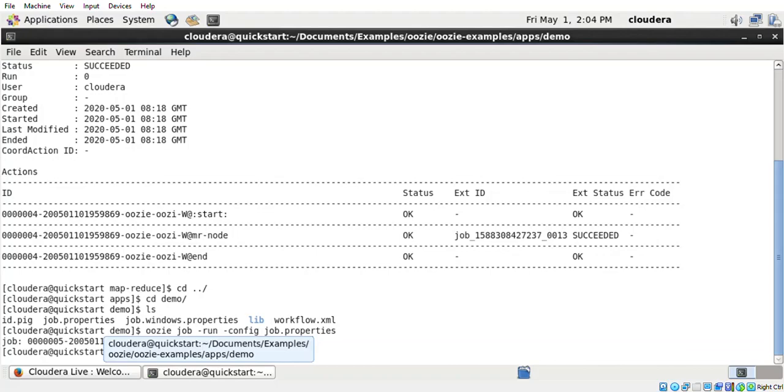Then you can check this in the browser. You can directly go to the web browser, or you have to go to Firefox. Then you can check that particular job status, whether it has succeeded or is presently running. Either you can click on the web browser icon, or otherwise you type Firefox here, then give that path.